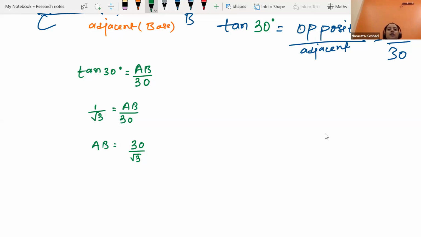So here we can use the concept of rationalization, because in mathematics we never leave a square root term in the denominator. We will always try rationalizing it. Due to that, the square root term will come in the numerator, and that is fine. So this is square root 3 in the denominator. We are trying to rationalize this fraction 30 by root 3. Why? Because that is the standard form. Mathematicians said that whenever you have any fraction,